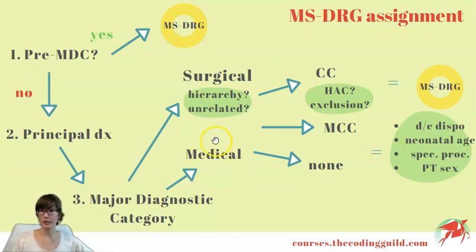Whatever the case be, whether it's a medical or a surgical case, we further had to specify whether we had complications, comorbidities, major complications or comorbidities, or none of those. As I said, there are also these important caveats when we decide whether there is a CC or MCC, namely the exclusion list and the hospital-acquired conditions. Please don't forget to check out those videos, because that's a separate process in deciding whether or not you have these. And after this, we were able to filter down our MSDRG to the final 310.